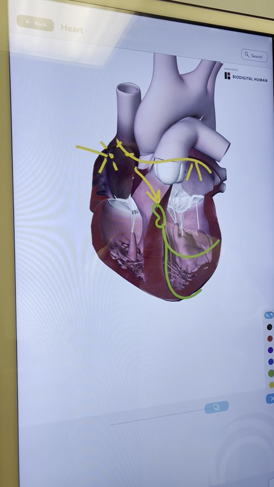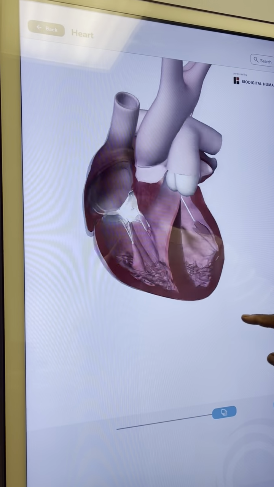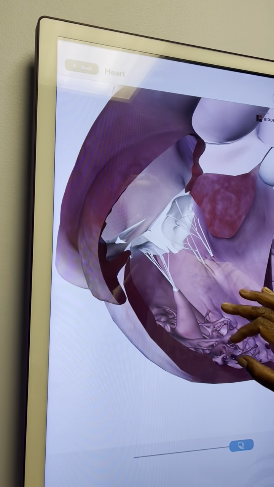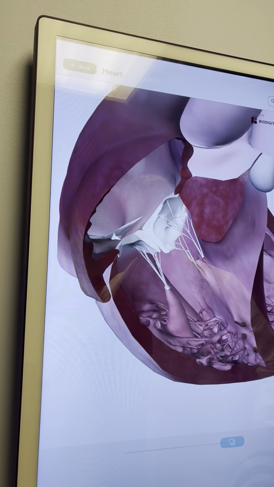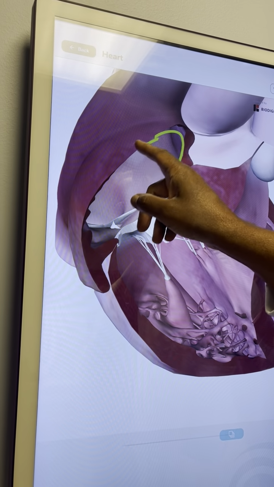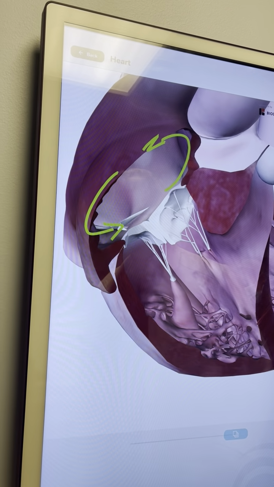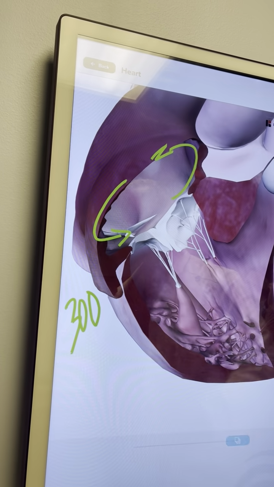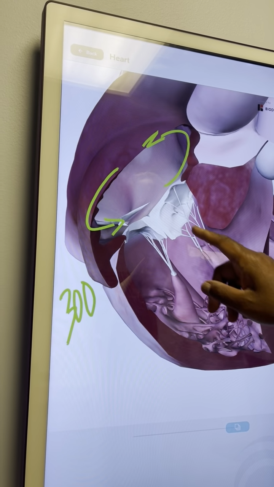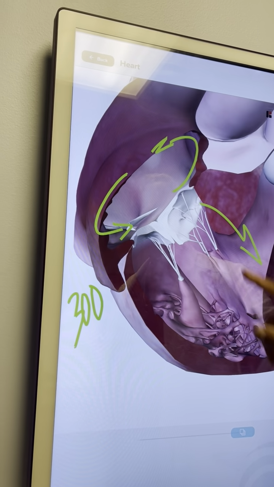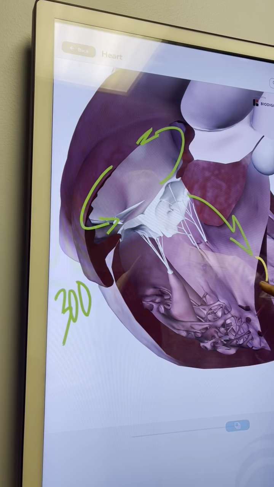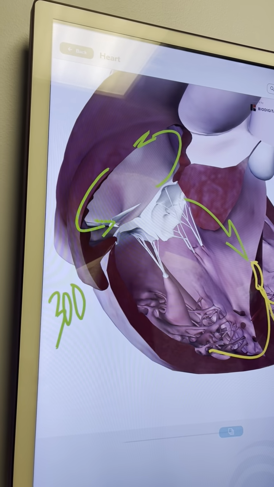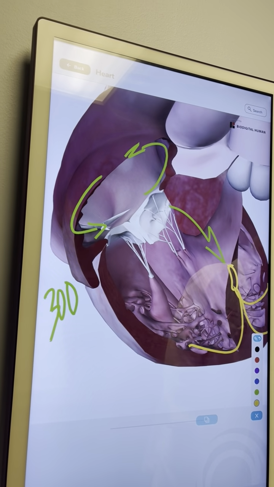What your heart's doing is, if we blow up this upper chamber here, you have a circuit that's developed in this upper chamber that's going over here 300 times a minute. And those impulses are getting transmitted through the bean to the lower half of the heart. But based on today's EKG,